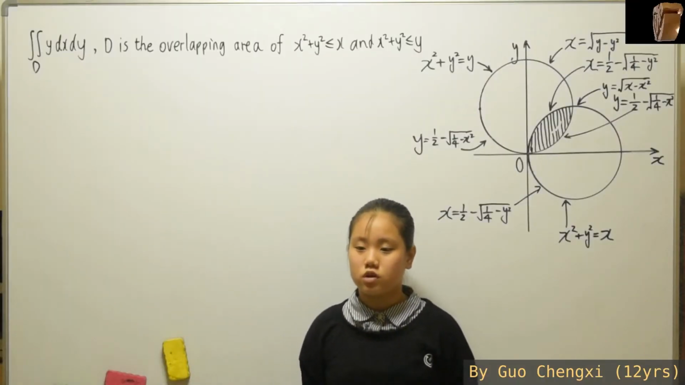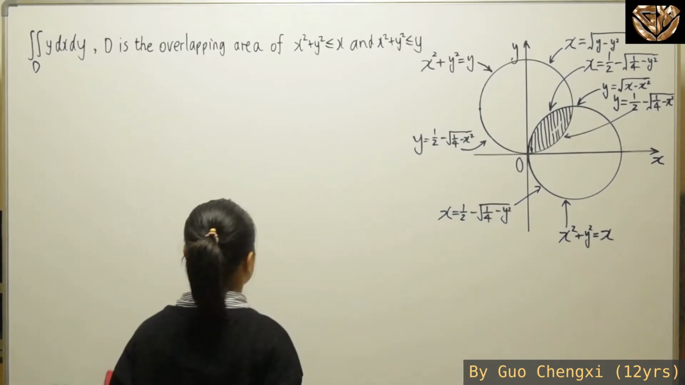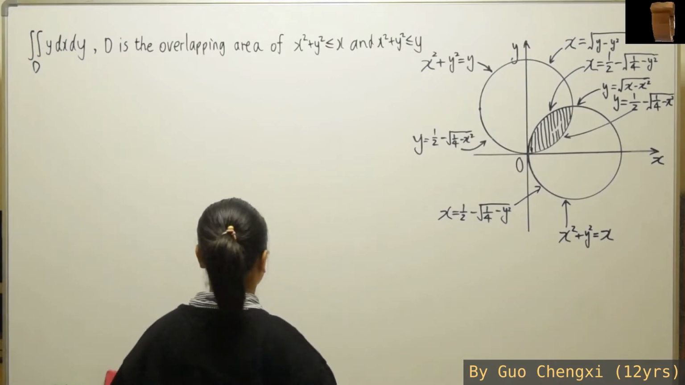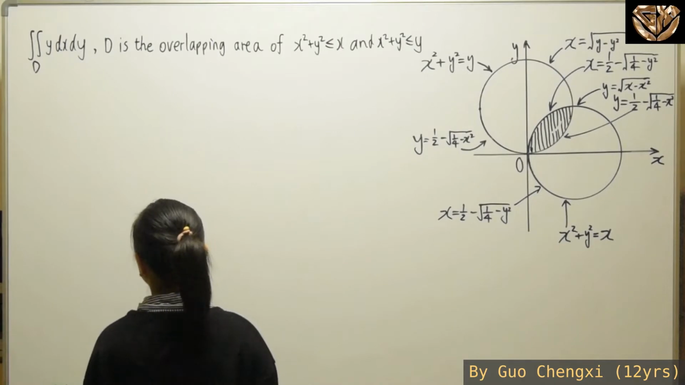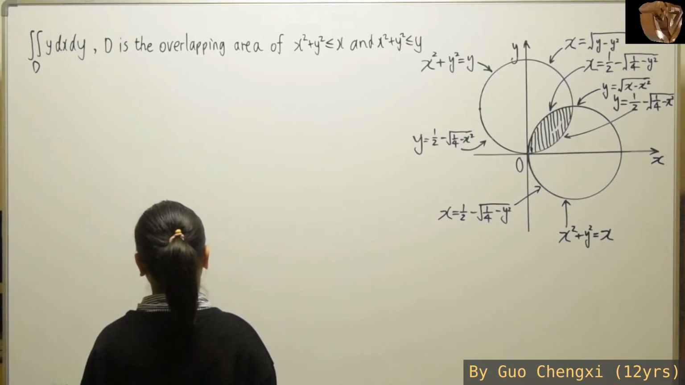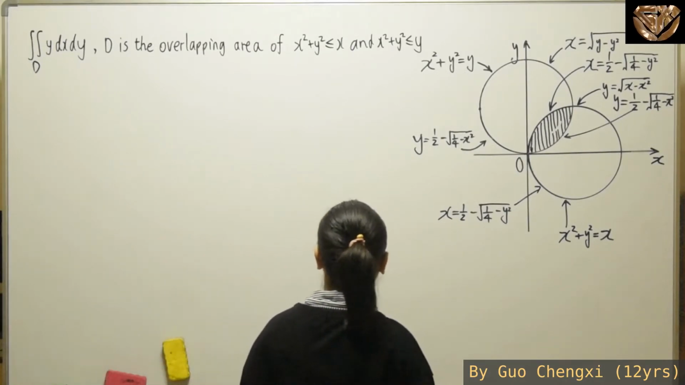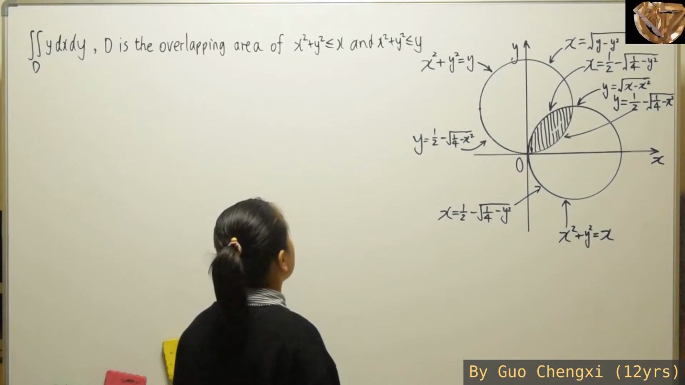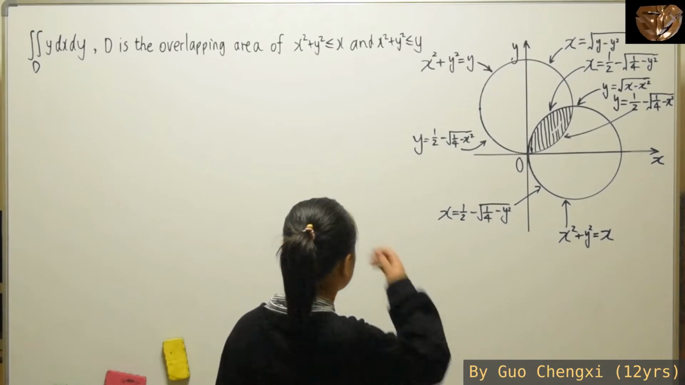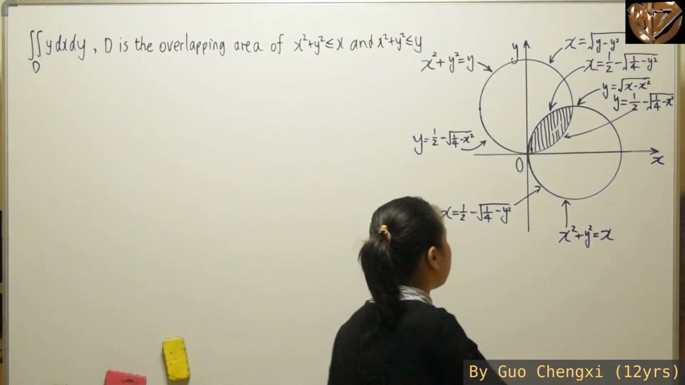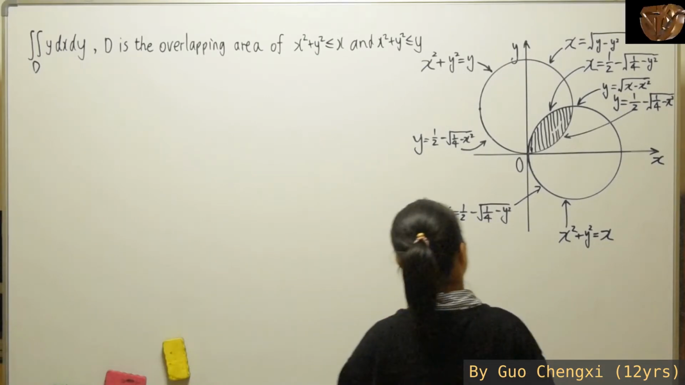For this lesson, we'll be continuing on with the techniques and applications for definite integration. For this lesson of definite integration, we'll be continuing on with the next method for this example over here, which is the double integration of y dx dy, D being the boundary. D over here is the overlapping area of x squared plus y squared is smaller or equals to x, and x squared plus y squared is smaller or equals to y. So over here, when we draw out both circles for x squared plus y squared for both of them,